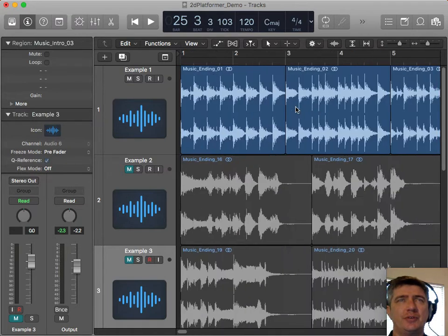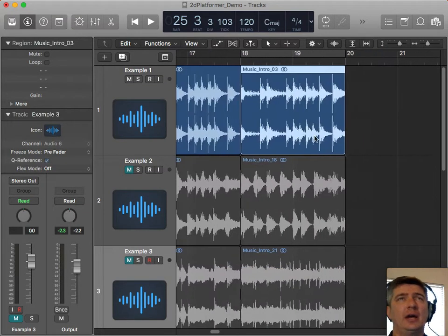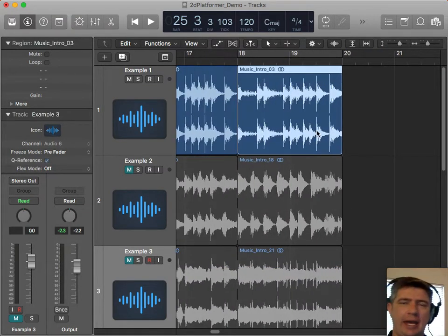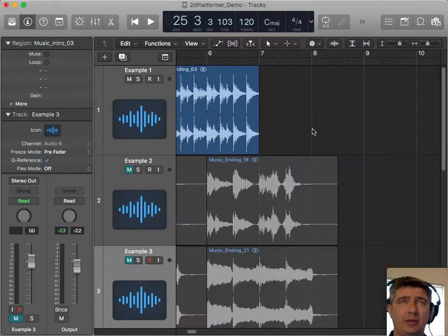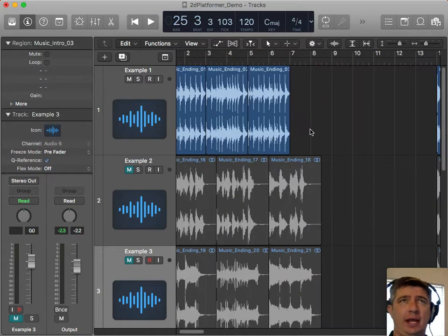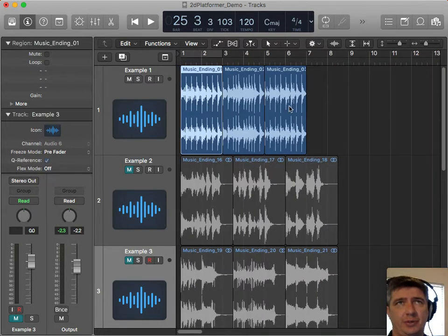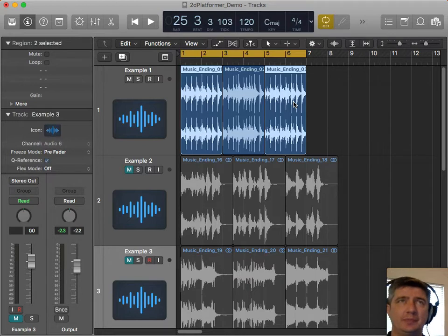So 3 intros. The other thing is your intros should probably hang on some 4 or 5 chord or suspension somewhere so they then resolve back to the tonic. You should not end on the tonic of your intro, or else it'll just repeat that same chord going into the main loops. So hang there a bit to resolve back to the start of any one of those main loops. And then endings.